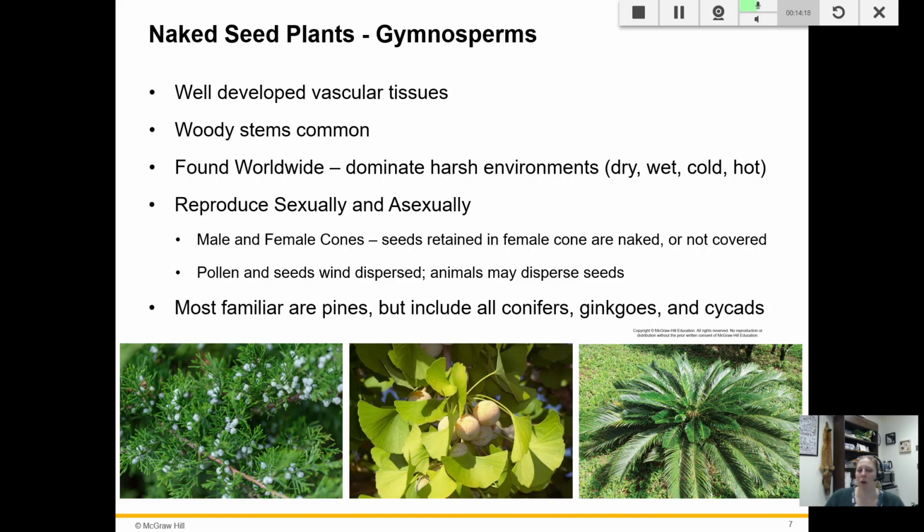The seeds and pollen are both wind dispersed. Some animals may disperse some seeds, like squirrels often disperse pine seeds by eating them or burying the pine cones, but a lot of them are wind dispersed. Okay, the most familiar of our gymnosperms are conifers like